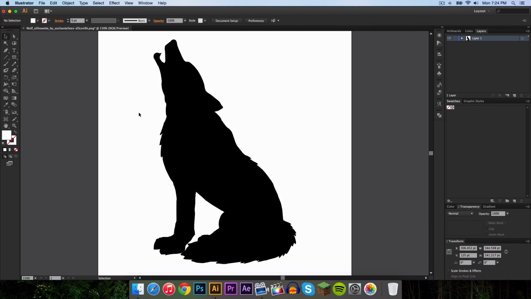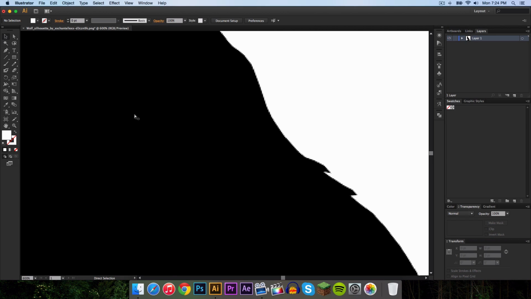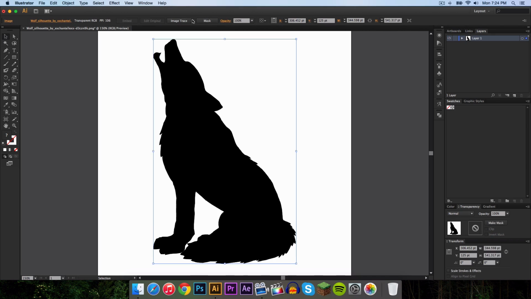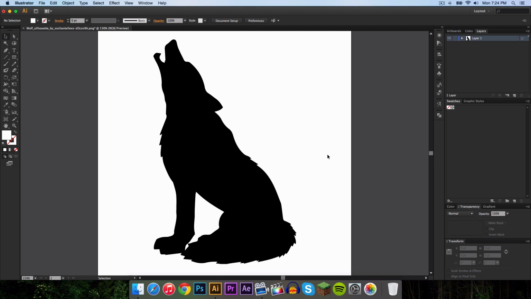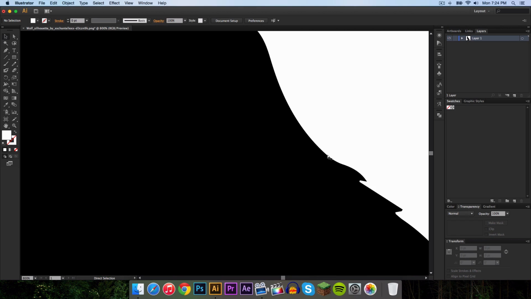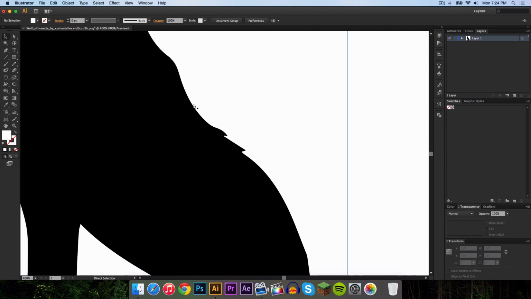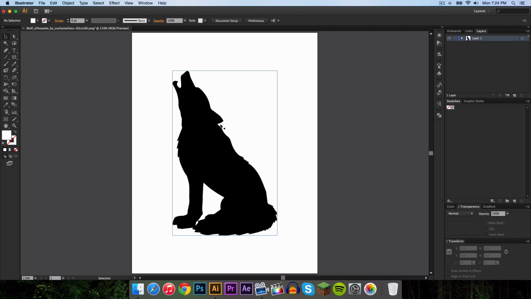But because I copied it from the internet, you can see that it's pixelated, so we need to turn that into a vector-based image. So we click on our image here and we go to the top where it says Image Trace. Next to it, you're going to see a little box. Because it's only black, we're going to select black and white, or you can just select Image Trace, but I'm going to go with black and white. And then you're going to see that it's now a vector image. I'm going to zoom in, and you can see that it's now vector-based. So that is what we want.